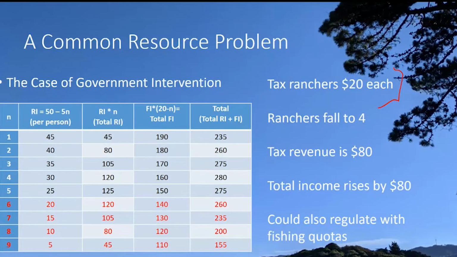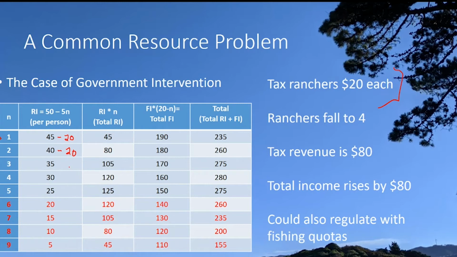All right, well, what will ranchers do? We're still going to let them make private decisions, maximize their profitability, enter ranching if it's profitable to do so. And then we might ask, okay, should the first rancher enter the ranching industry? And the answer would be, well, $45 is what they would earn if there's only one rancher. Take away the $20 tax, and that rancher gets $25. Well, $25 is greater than $10, the income to the farmer. So the first rancher would enter.